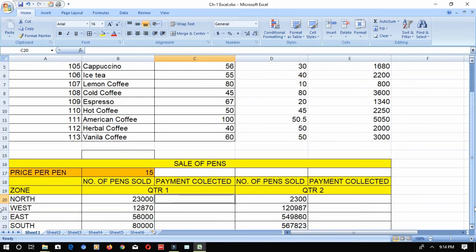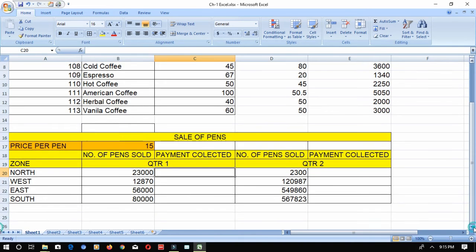What is meant by absolute cell referencing? For example, see this record of sale of pens, in which they are going to find out the amount of pens sold and the payment collected. Price per pen will be rupees 15.